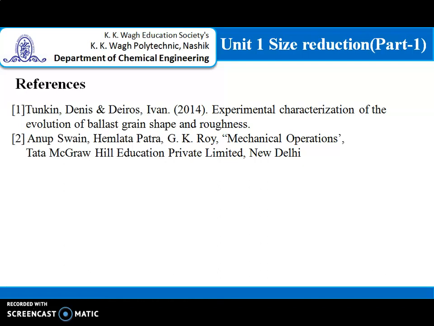So what we have understood in this presentation is that the size of the particles obtained during size reduction varies. So for calculation, it is necessary to express how closely it resembles a sphere, which is expressed by sphericity, and for practical calculation purposes, it is necessary to find the average size of the particle. In this way, by using screen analysis and terms like volume surface mean diameter and arithmetic mean diameter, we can find the average size of the particle.